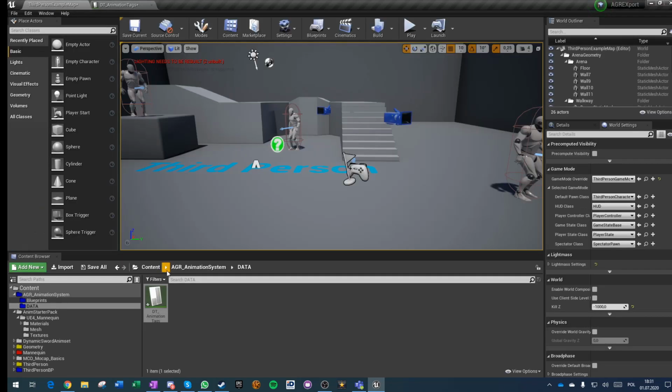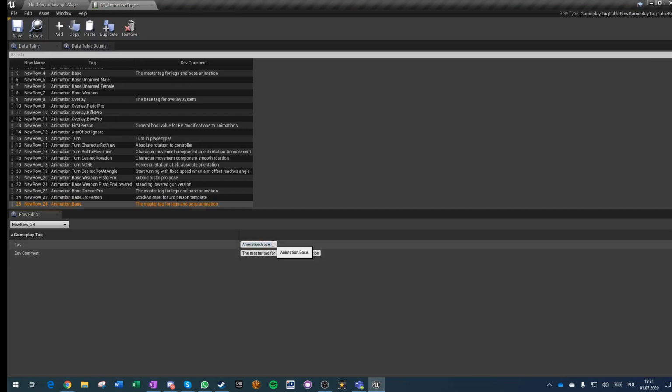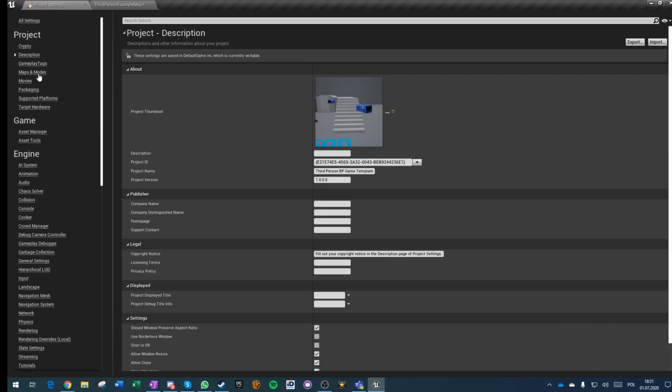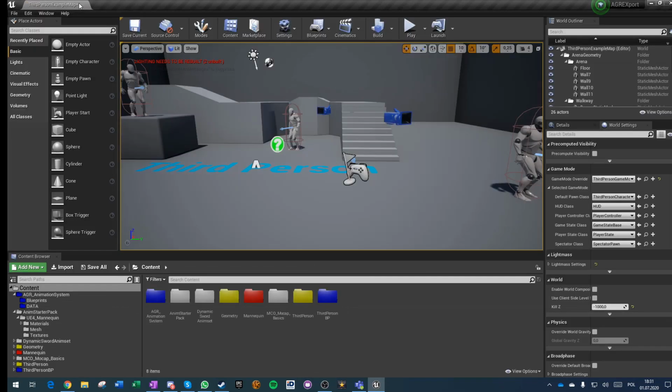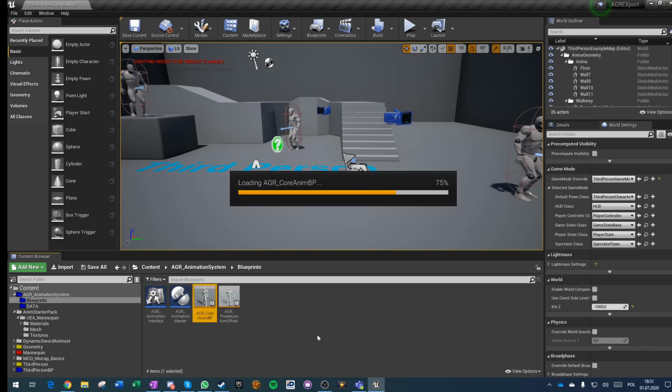What's the package called? Anim starter pack. Okay, so let's save it. Let's call it anim starter pack. Okay, we got our tag. We can always check in project settings, go to gameplay tags, and we have our table declared here, so everything is fine. We save, and now we go to our main blueprint, the core,